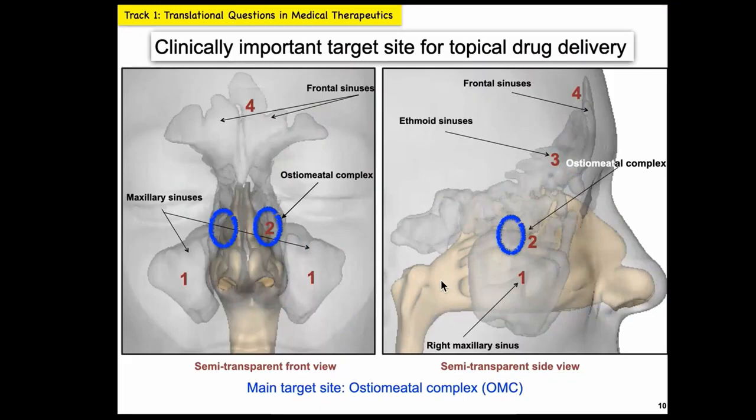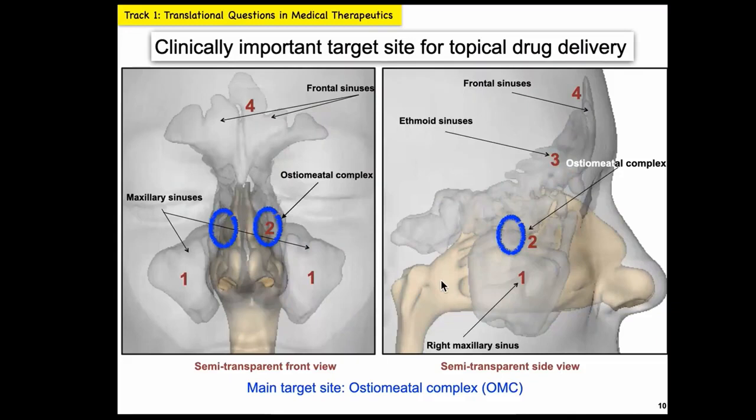So in CRS, the mucus congestion would be there in these 4 types of chambers, but it is not possible to send our drug particulates to all these 4 different destinations, right? So we have to figure out a compromise. We have to figure out a common site that might be effective for all these different sinuses. So at that point, I talked to the clinicians, and they suggested that this region, which is marked by the blue circle,